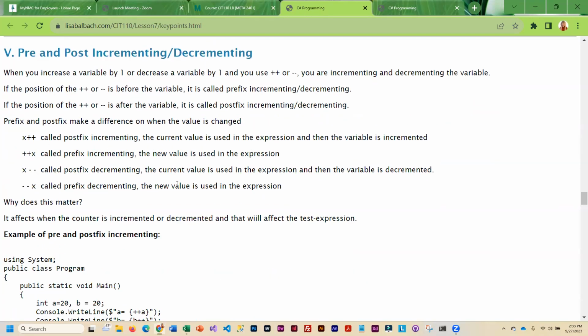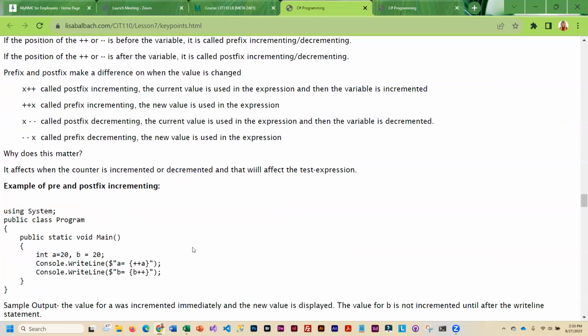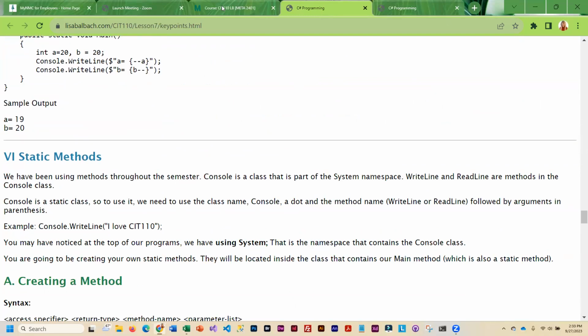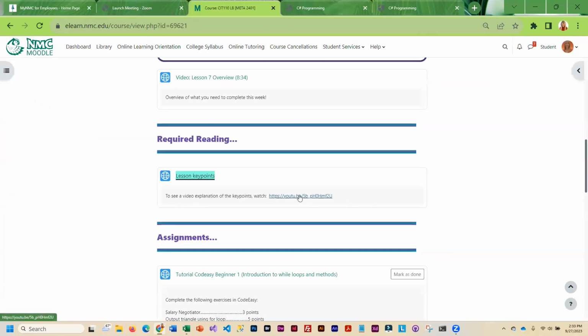So there's a lot of additional information in this key point lecture that you're not going to get in Code Easy. So please make sure that you read through this. And there is a video that you can watch that will explain everything to you as well.